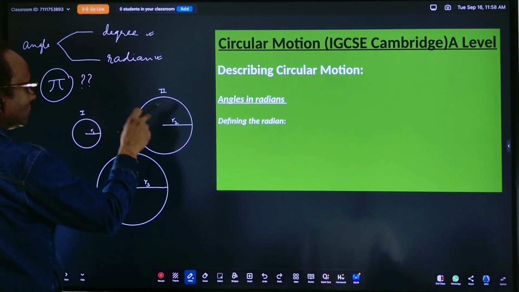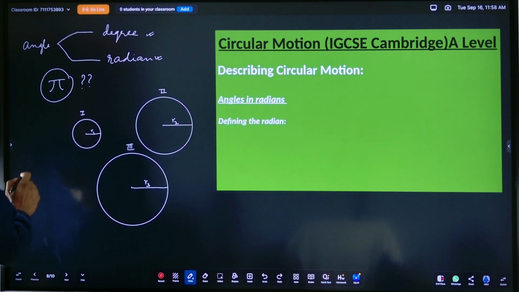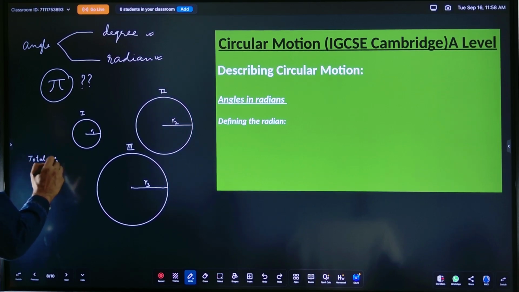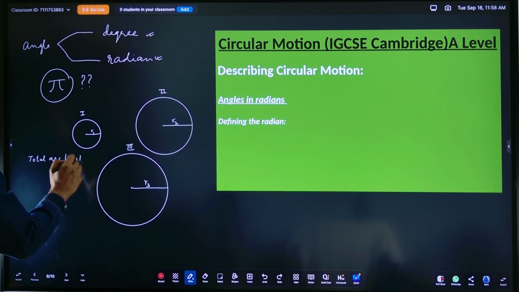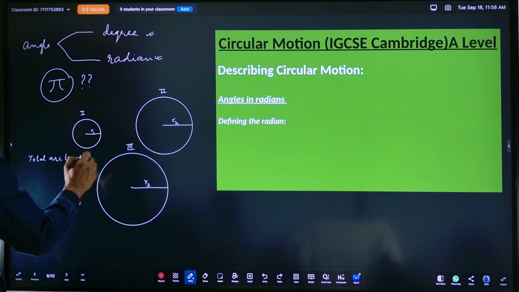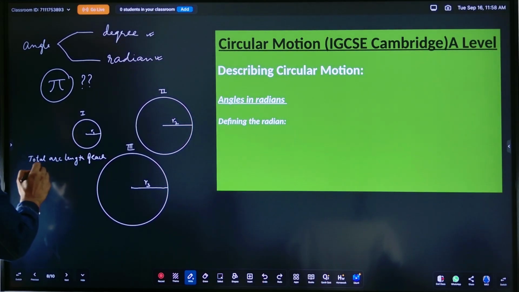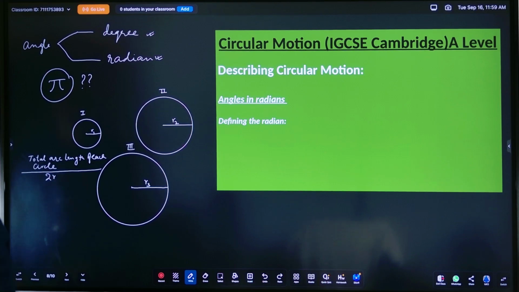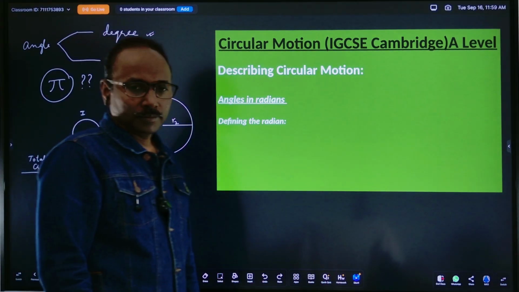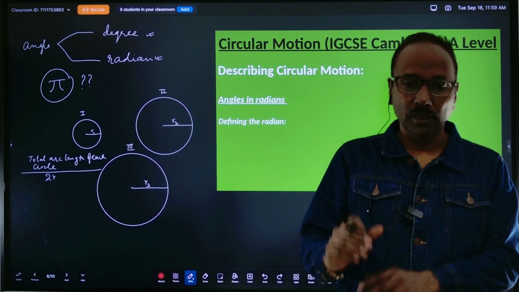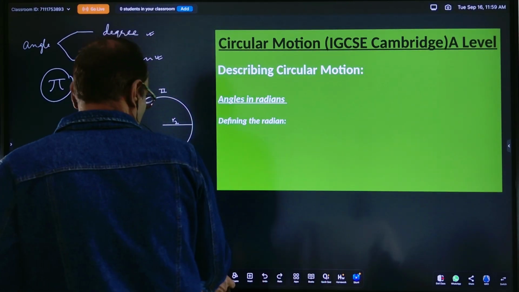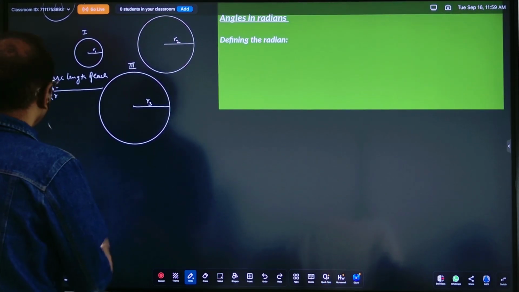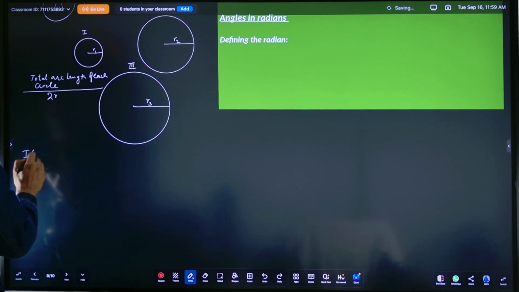For number 1 circle, number 2 circle, and number 3 circle, when they divided the total arc length of each circle by its diameter, which is 2r, the ratio was coming the same, equal. It means, if we say for number 1 circle,